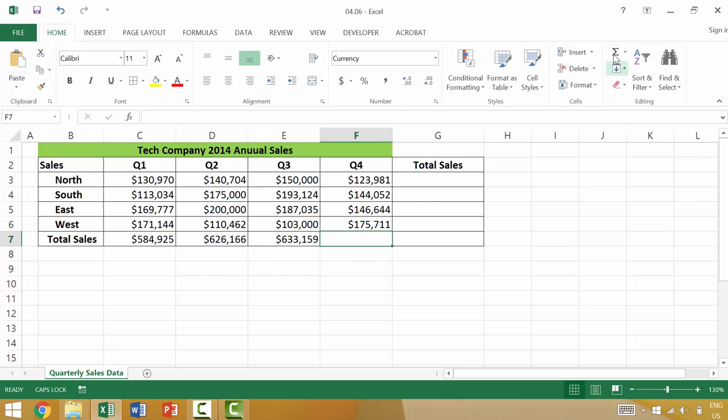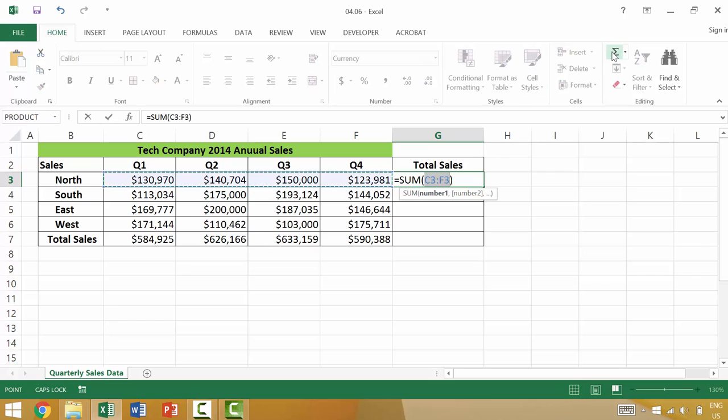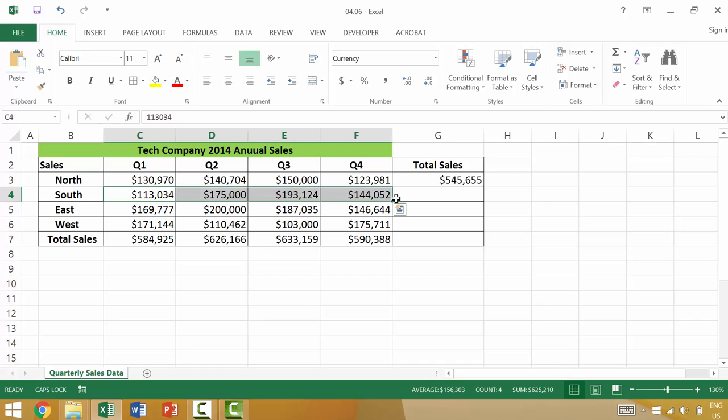Now, lastly, we can use the Autosum button here when we press Enter, or we can use the Autosum button to sum horizontally. That too would work. We could even select these values that we want to sum, and if there's a blank cell above us, we can hit Autosum and it would automatically populate that value. We could even select multiple values. Here we want to sum these individual ranges. If we click Autosum, it would sum below, or if we were to select these two values, we could use Autosum, and it would automatically populate